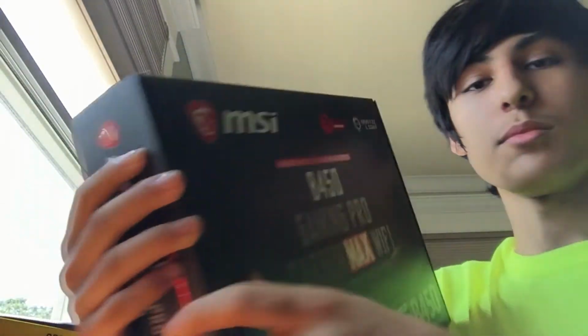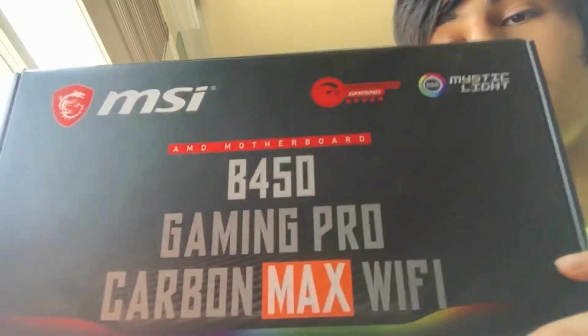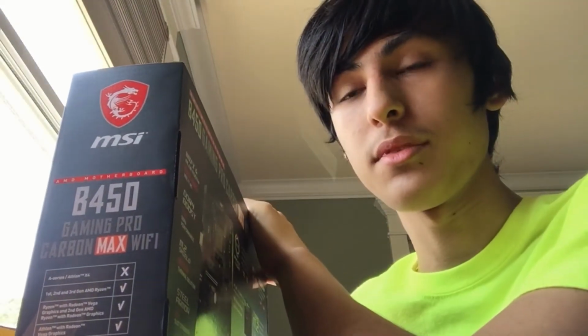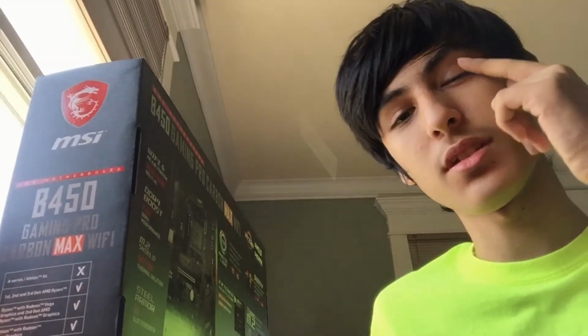For the motherboard, I went with the B450 Gaming Pro Carbon Max Wi-Fi. Now, there were many options I was considering when it came to B450 motherboards. I know that it's mainly dominated by MSI if you want to do stuff like overclocking and want good VRM thermals. I was looking at the Asus B450F because that had tons and tons of reviews on Amazon, but after